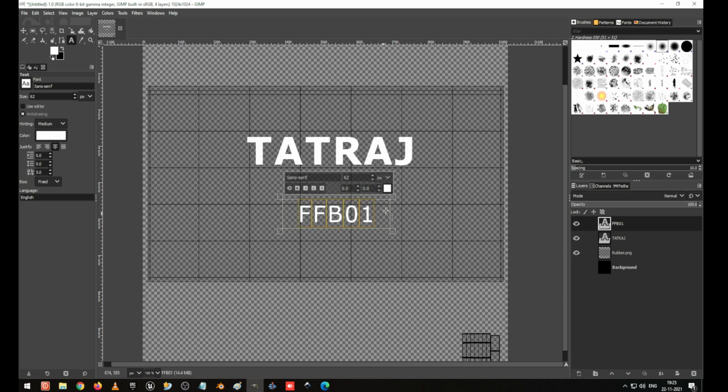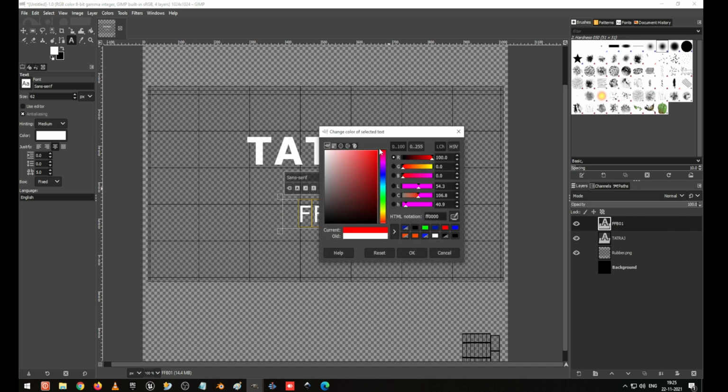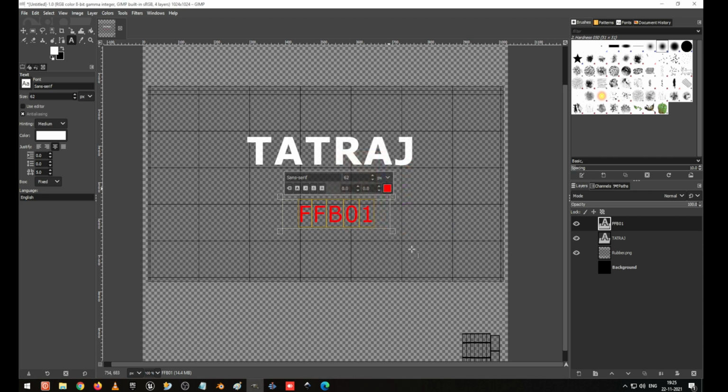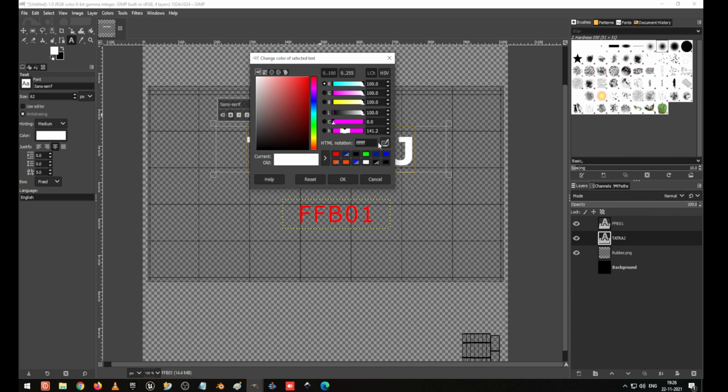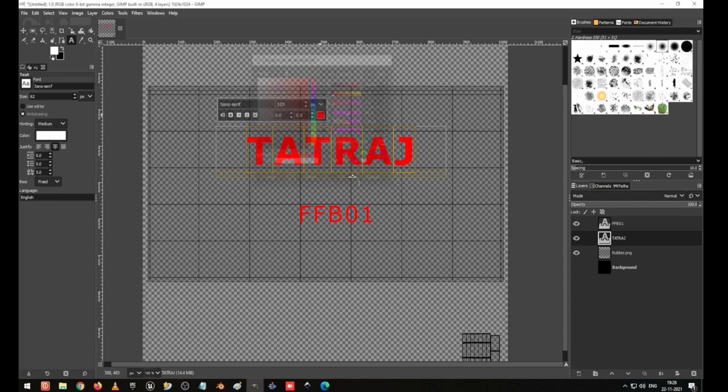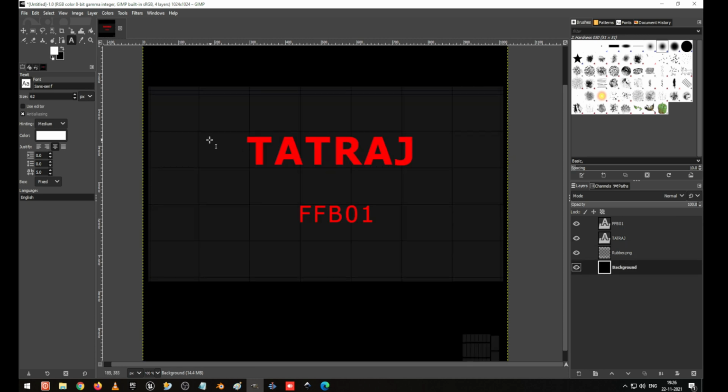And for color, what I'm going to do is I'm going to give it as FF0000, and this text also I'm going to make the same color which I have used. And here in background, what I am going to do is make it this one. Okay, let it be black, and I turn off. Okay, let it be on.